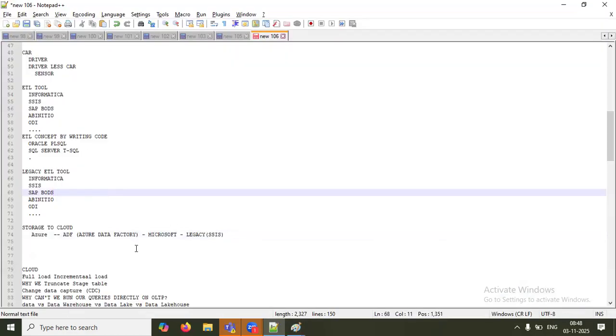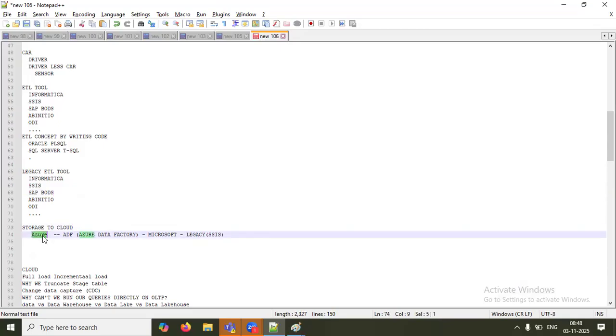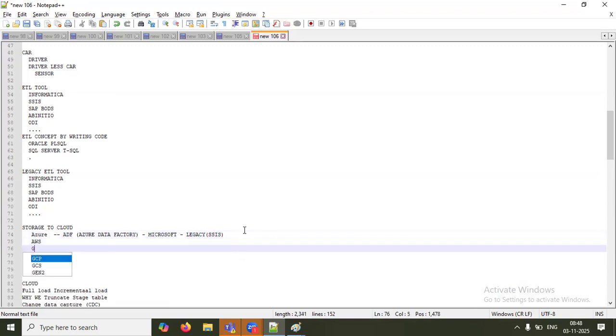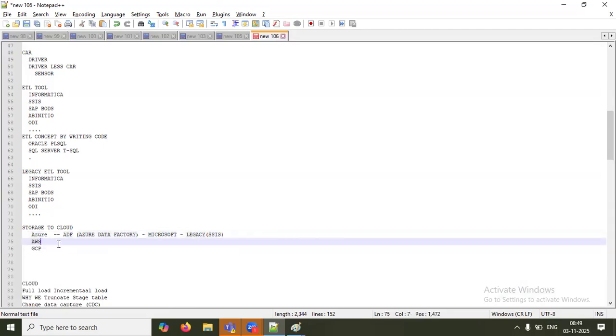Now everyone is moving to cloud. I'm getting data from different sources and I have to store it in my cloud storage, so this tool won't work. So you can use my ADF. That means if you are moving to cloud, I provide a new ETL tool called ADF. Same way from AWS, same way from GCP, they have their own ETL tools. They have Dataproc. I'm not getting the exact name, but I'll come back. They have their own names and their own tools to do this work.